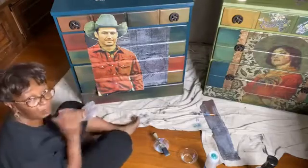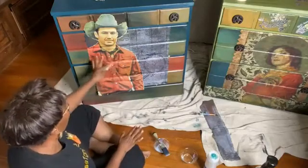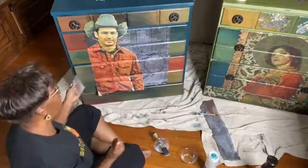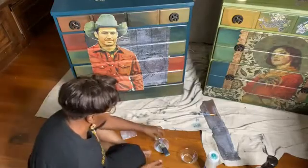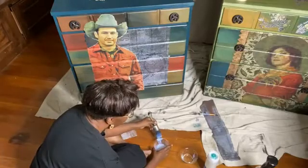So I think that looks good. What do you guys think? I kind of think the background looks good with him. I think it gives him a really masculine look. So I wasn't really sure. I really had a hard time, you guys,